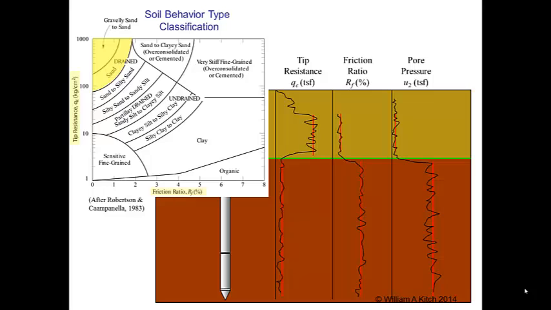Sands and gravels have high frictional resistance but no cohesion. Therefore, when the CPT probe is pushed into sands and gravels, they produce a relatively high tip resistance as the soil shears around the tip of the probe. However, once the cone tip has pushed the sand or gravel out of the way, the soil provides very little side friction on the probe because these soils have no cohesion. For this reason, soils exhibiting high tip resistance and low friction ratio are generally sands and gravels, as the chart